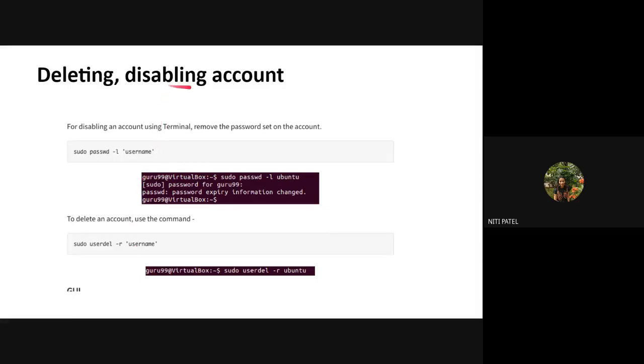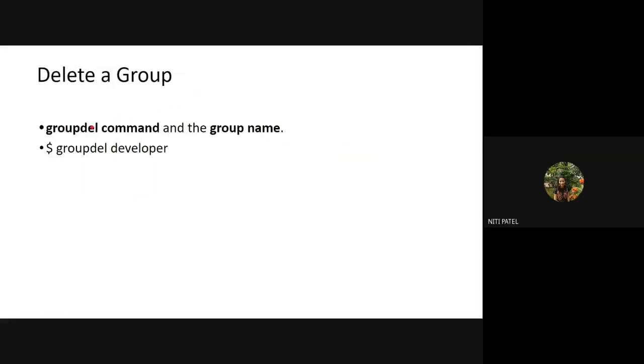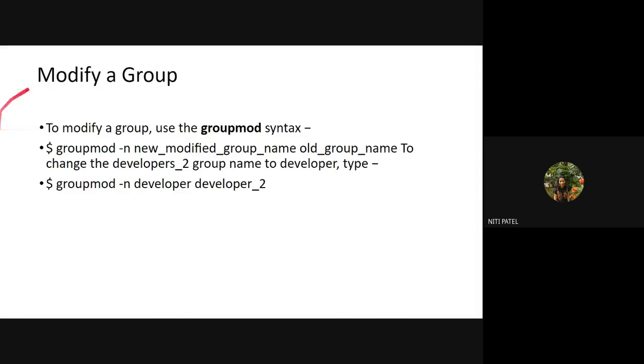Okay. So you are disabling by changing the expiry date. Changing means you're preponing the expiry date so that you cannot use the account unless and until you change it. And you are deleting by removing the user permanently from the system. Is this clear up till here? Yes, ma'am. Okay. So with this, we stop over here and we'll continue with modifying the group in the next lecture.